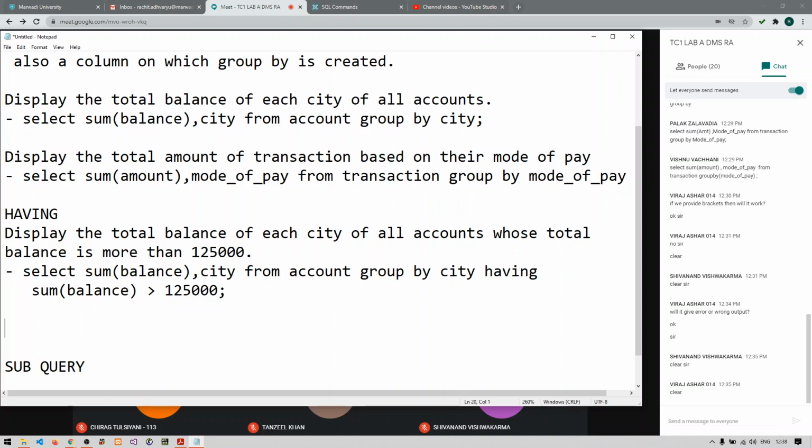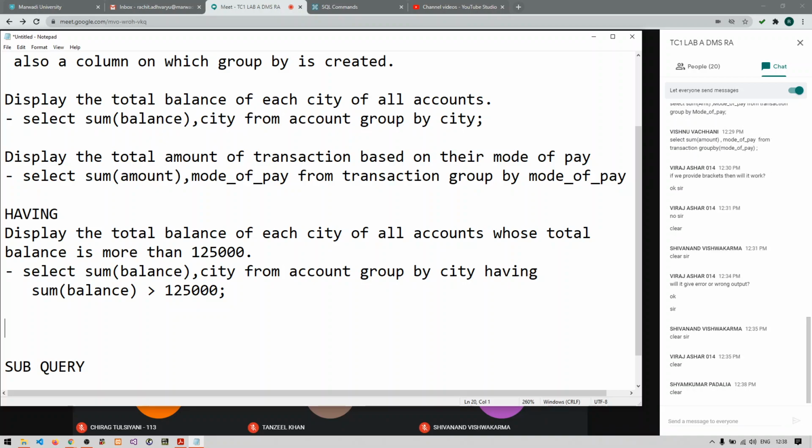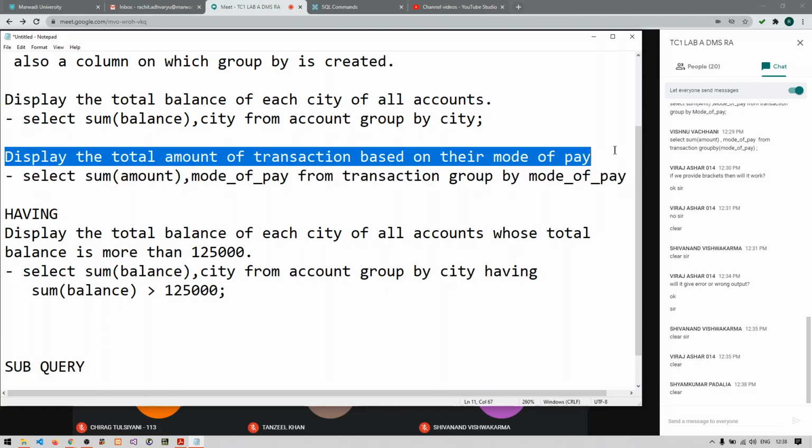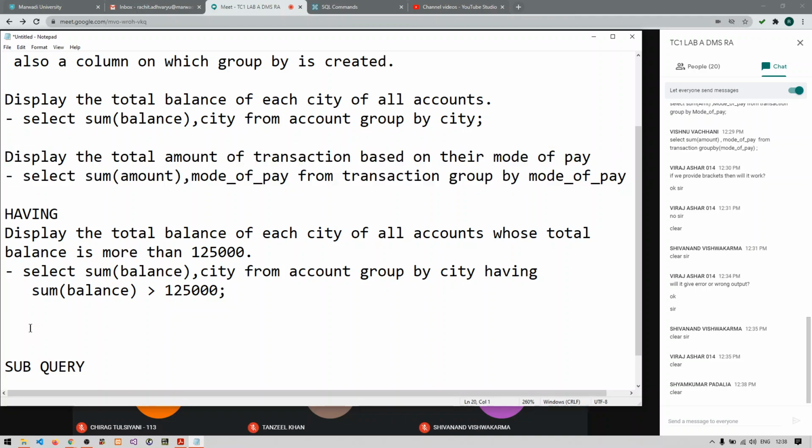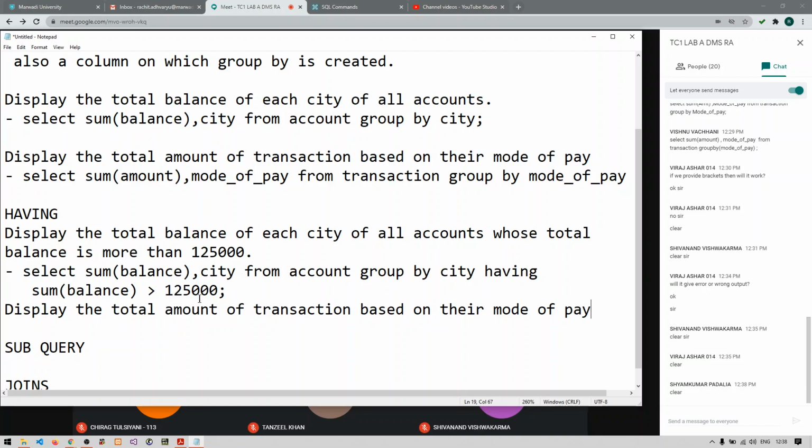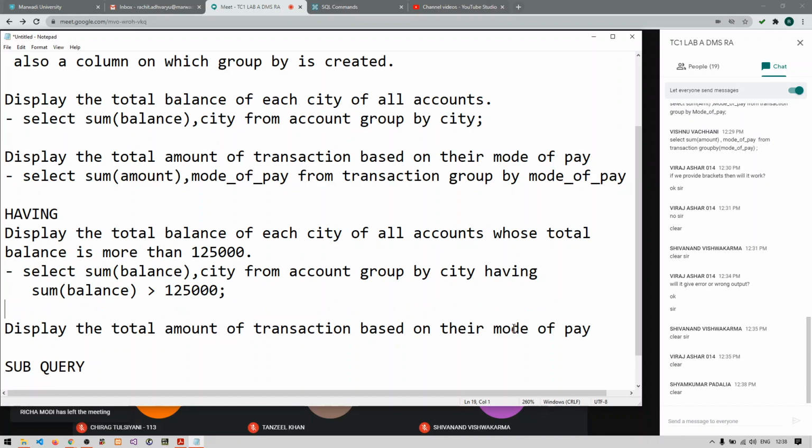Clear with this, guys? Any doubts so far? Then try to give me the answer of this. Display the total amount of transaction based on their mode of pay whose amount is more than 2,000.